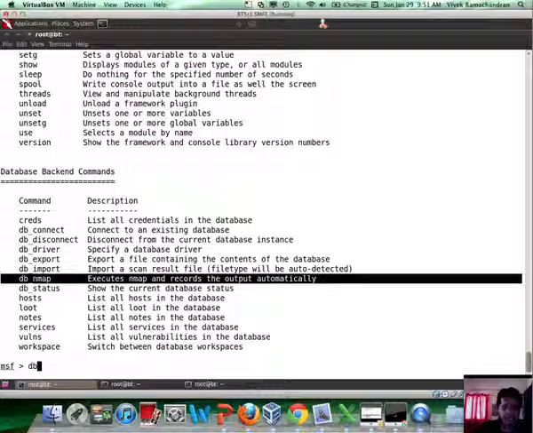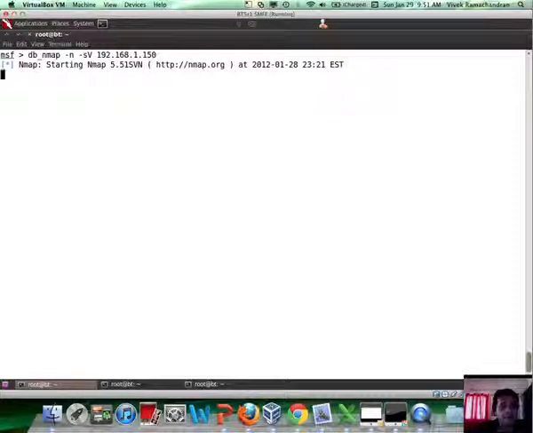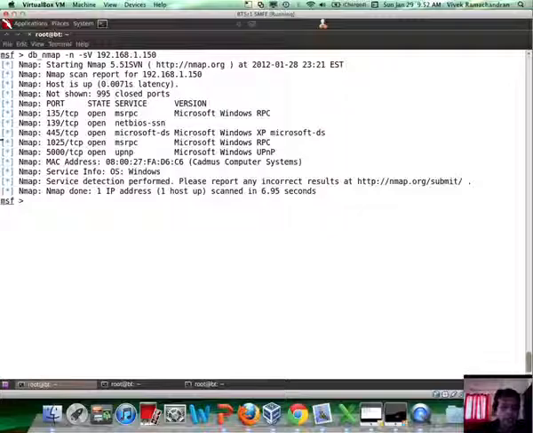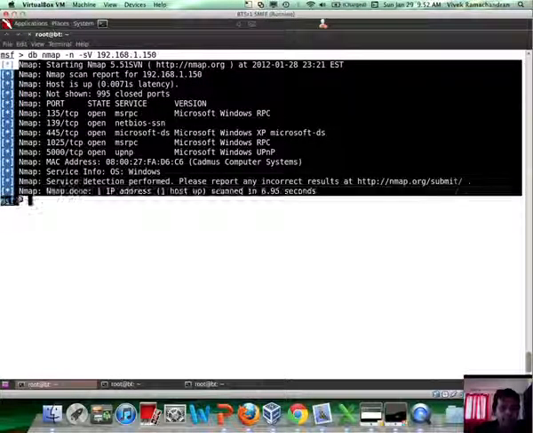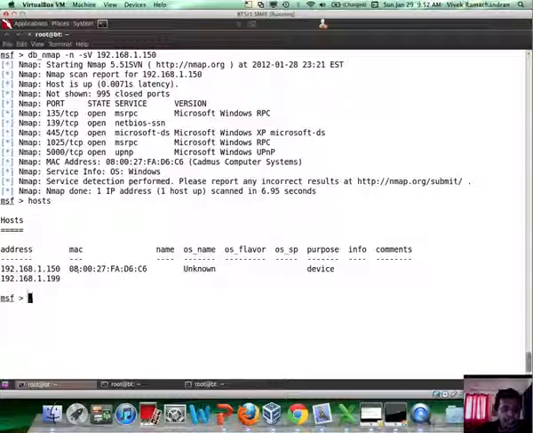So how would you do that? I'm going to run db_nmap. Let's not worry about DNS resolution. Let's do service fingerprinting. And let me mention an IP address, which is that of my victim, which is 1.150. Let's run the scan. 1.150 is the Windows machine, which is here. And if you notice, this is typically the output Nmap would have given you, even if you had run it in isolation. But now when you do hosts, you would notice that